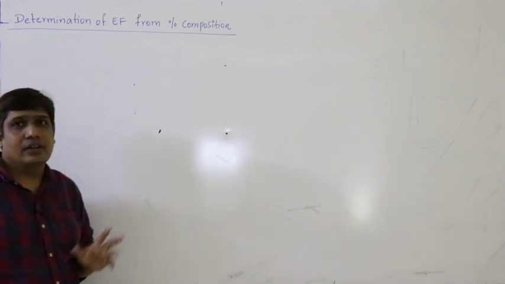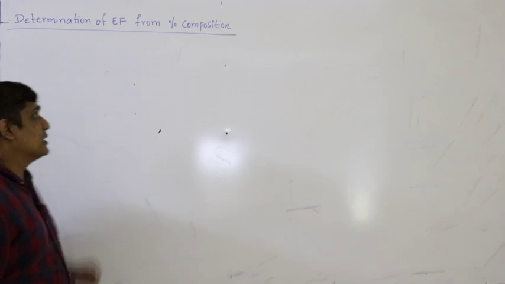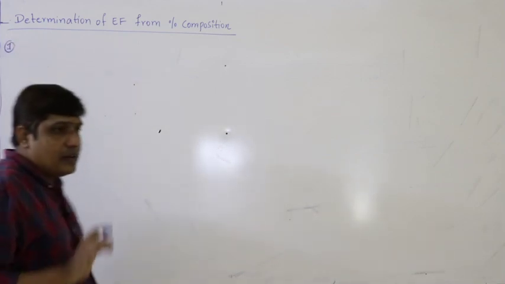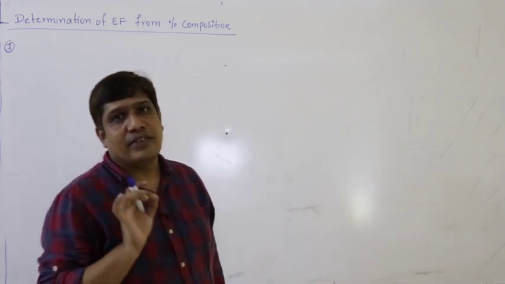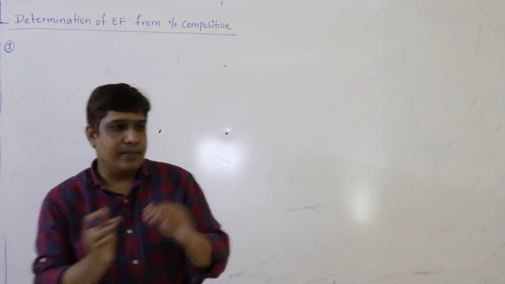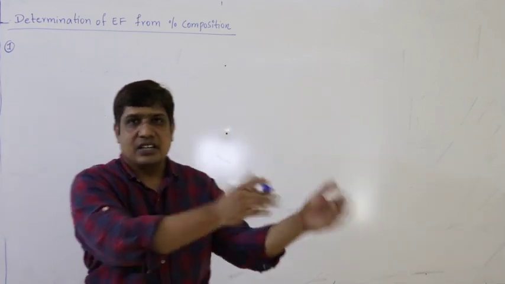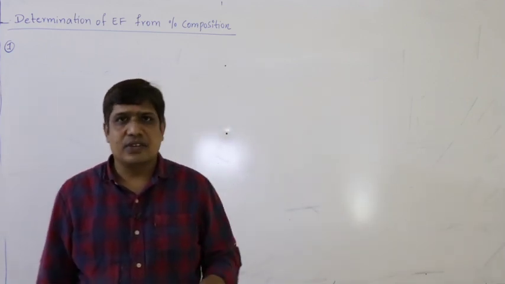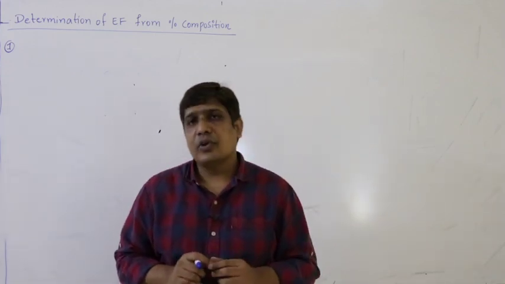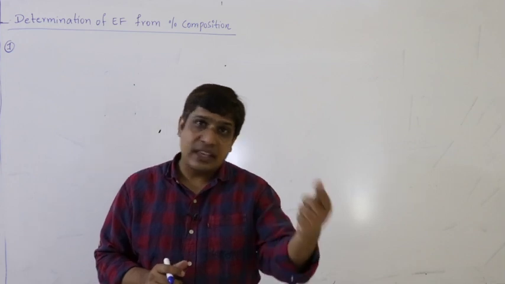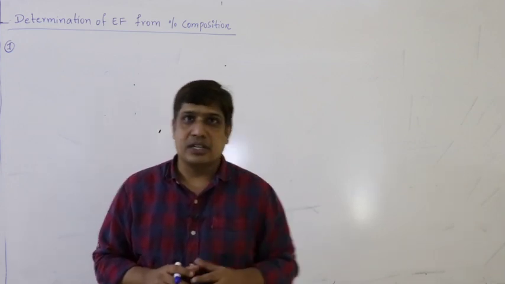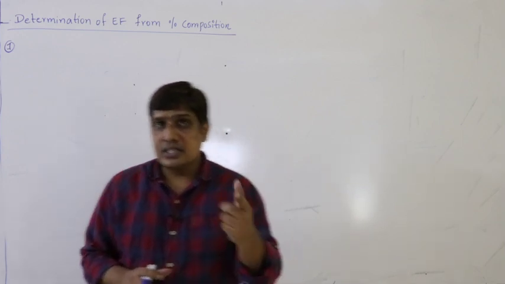This is very important, right? Important IPE question. So listen carefully, step by step. First step. In the problem, they will give percentage composition of each element. Some X percentage of carbon, Y percentage of hydrogen, Z percentage of nitrogen, some other percentage of sulfur. Whatever the elements that may be given. Here one important point: oxygen percentage may be given directly, or you should calculate oxygen percentage if oxygen is at all present. Let us see how.